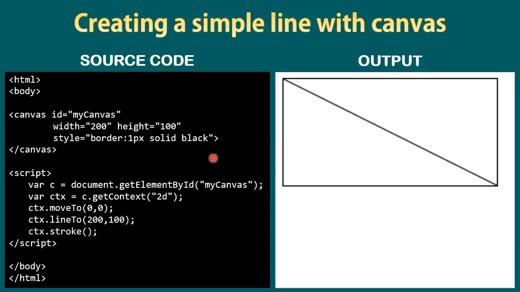So to recap, we have done two things. One is we have created the canvas and we have used JavaScript coding to draw the line. Within the JavaScript coding, these are the important things to remember. First, we have to get the context and assign it to a variable, and now this becomes an object. And we can use these methods, moveTo and lineTo, to create the line, and to display the line we use the stroke function.